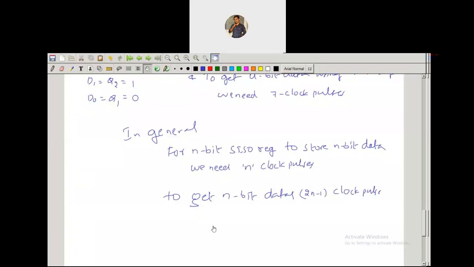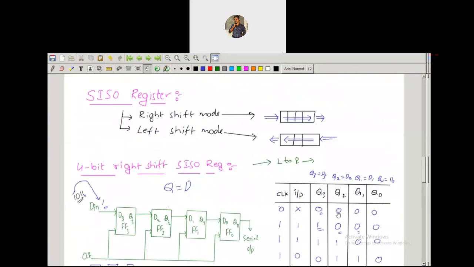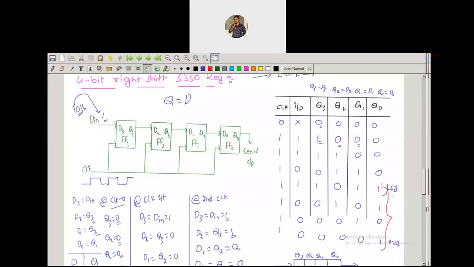And you can do the task. The task is to go for the left shift register, and the diagram is the same, but here we are going to give data at the left side. We have to give the data at the left side, and we have to extract at the right side. Okay, with this I would like to conclude today's session. If anybody has a doubt, you can stay back, otherwise you can leave the meeting.